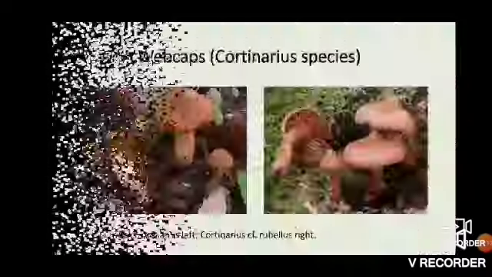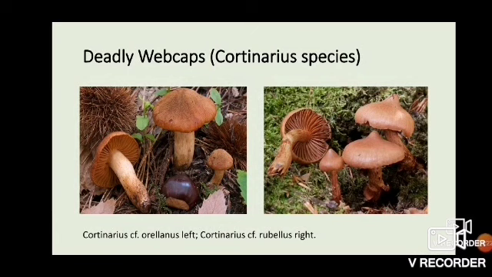So the first species that we will be looking at are the deadly webcaps. These are Cortinarius species. To put it into perspective, there are at least 8 known species that contain the toxin orellanine. We have at least 2 here. It's not really known how many there actually are because the Cortinarius genus comprises about 1/3 of Saskatchewan's mushrooms, and many of those mushrooms are not known, or they are based upon these 2